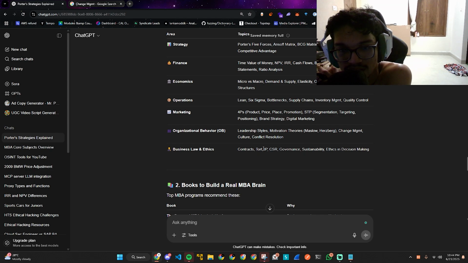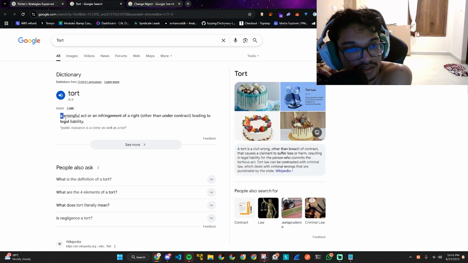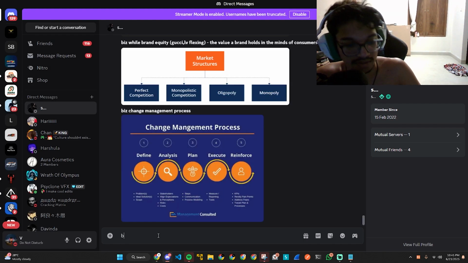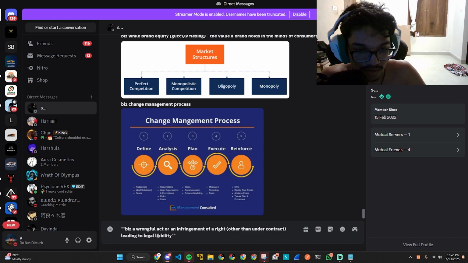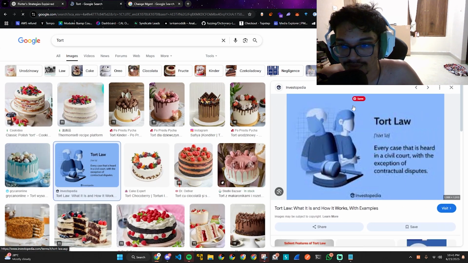Contracts, tort. Oh, and contract. Leading to a legal liability. Interesting. A tort, an infringement of a right other than under contract, leading to legal liability. Every case that is heard in a civil court, with the exception of contractual disputes, right?